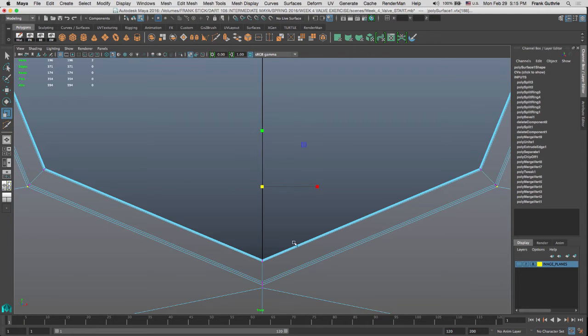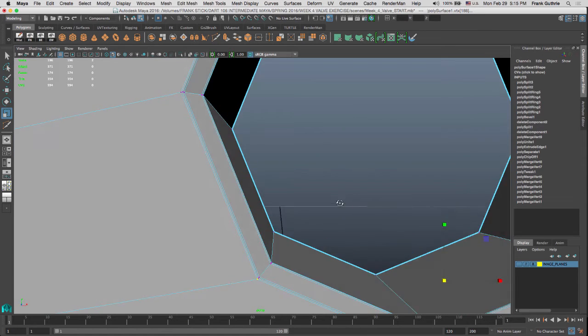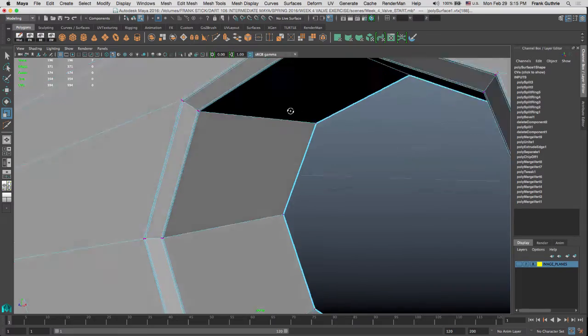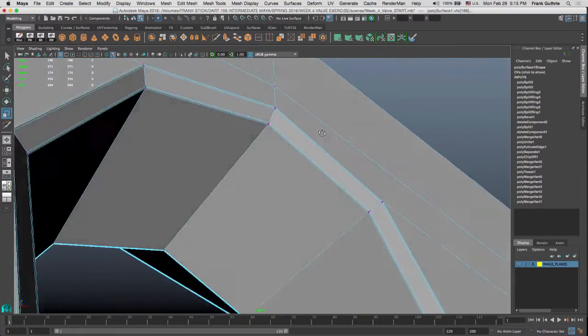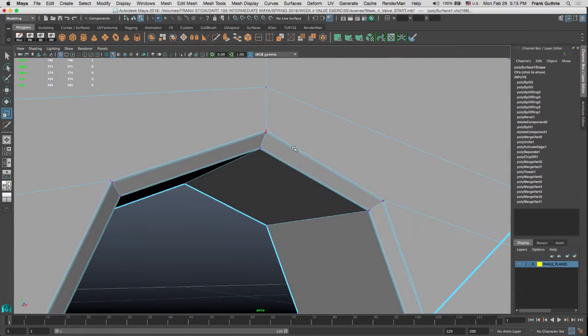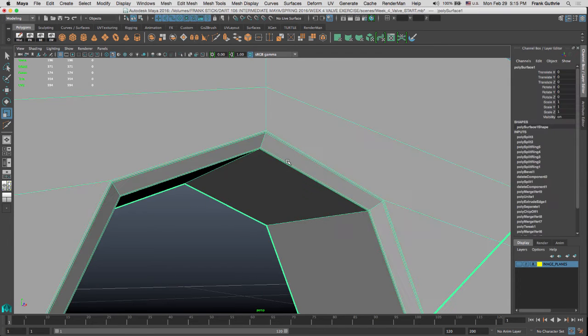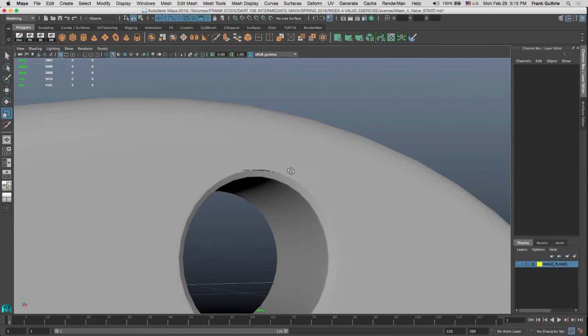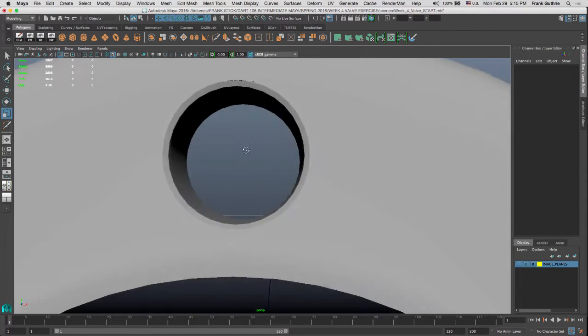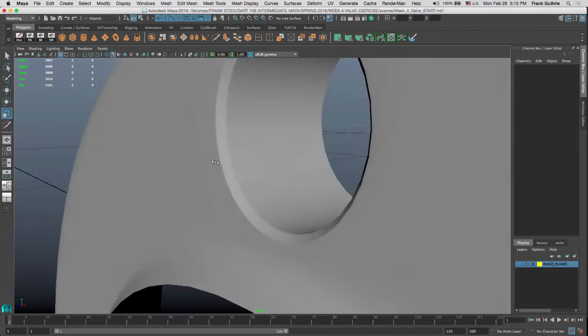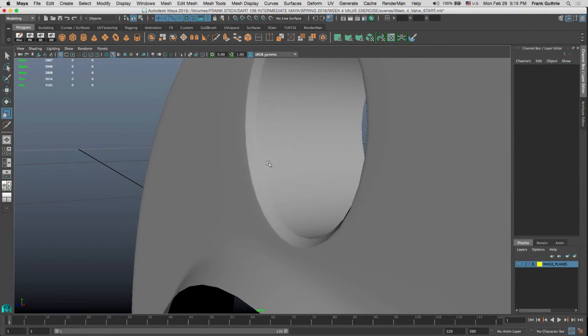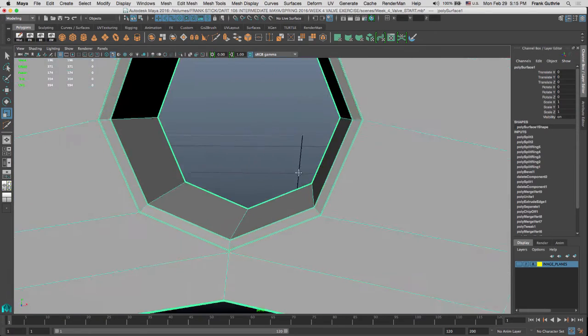So now when I hit 3, let me go to a 3/4 view. Notice that my edges manually look better than if I use the offset edge tool. So I'm going to select this, I'm going to hit 3, and there you have it. A perfect bevel with a perfect fencing. Now, for this part right here,